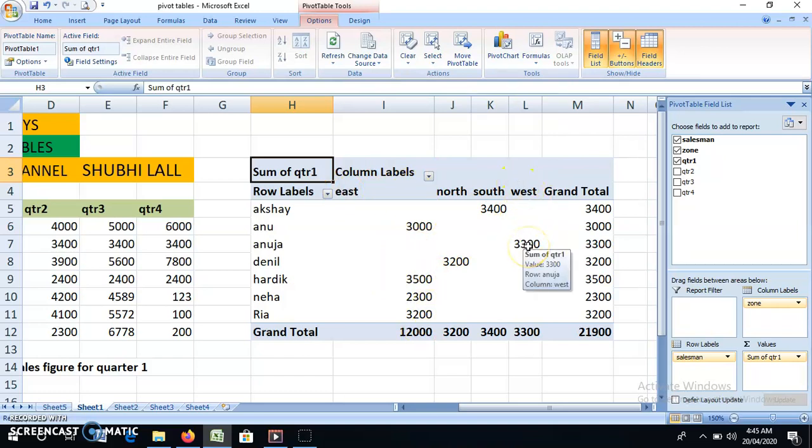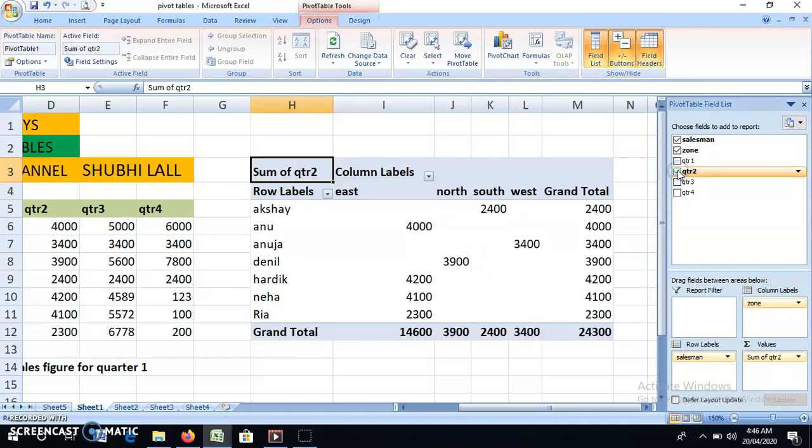So we can say that for the east zone so many people work, but for the west zone only one person, Anuja, has worked, which means there is less coverage from west zone and we have to assign few people, or maybe take new people in our company as sales managers, and these zones are going blank because these people are busy. So that is how we start thinking once we get the result.